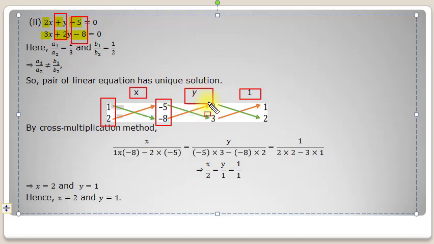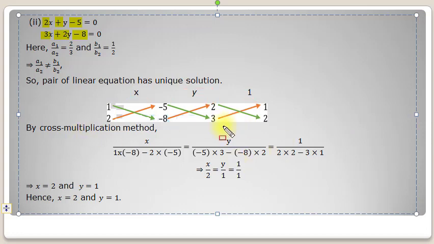Then we will write a1 and a2, the coefficients of x, and then again b1 and b2. So b1, b2, c1, c2, a1, a2, and again b1, b2. We have written it in this particular format. After writing it in this format, by the cross multiplication method, the formula will become